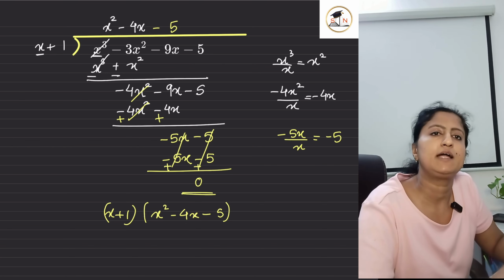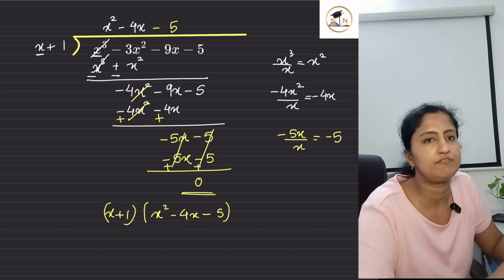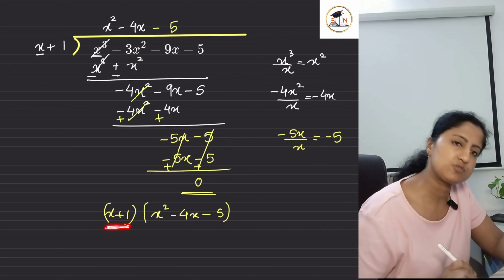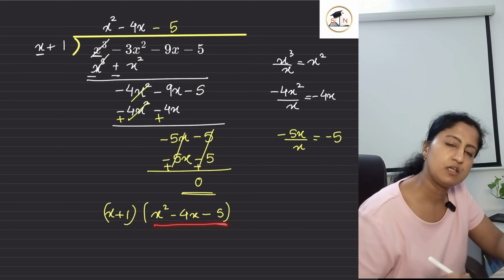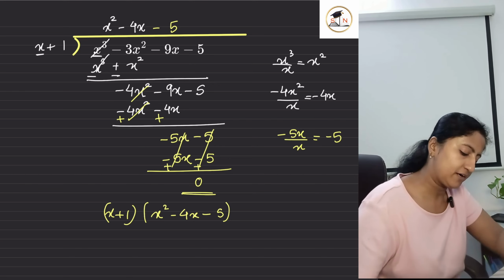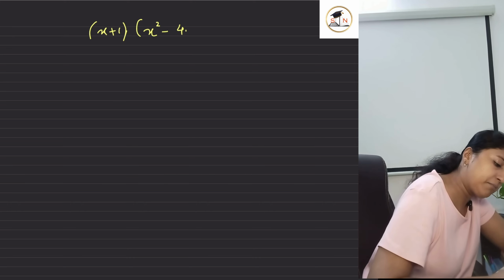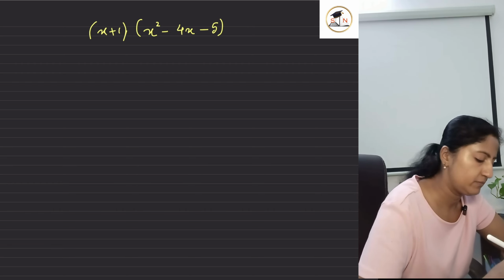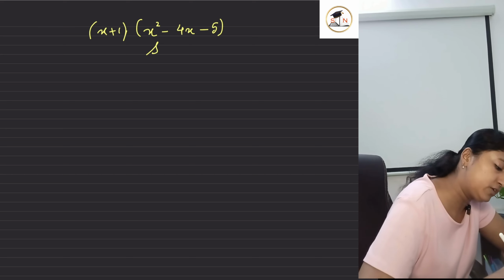It's a cubic polynomial. That means it has to have 3 linear factors. And so far, we have got just one linear factor, which is x plus 1. This is a quadratic expression, so we need to factorize it further. So now let's start with the further factorization of this one. I'm just writing down the factors we have got: x square minus 4x minus 5. The first factor will be carried down as it is. We need to factorize the second one, and what we are going to do over here, we are going to split the middle term,